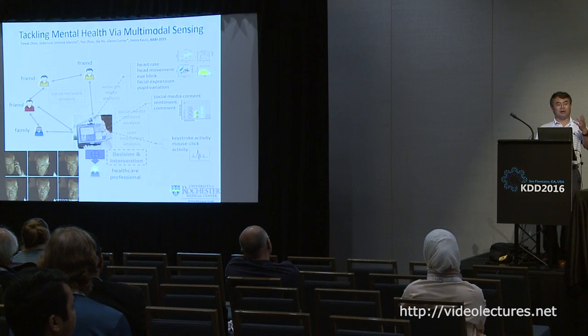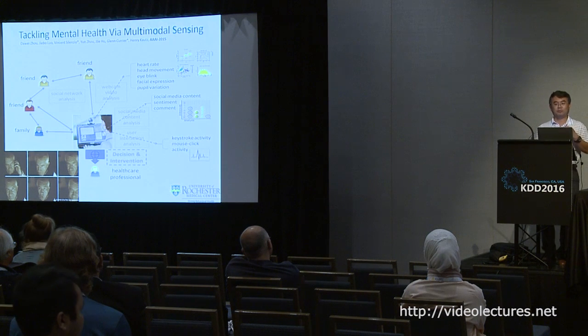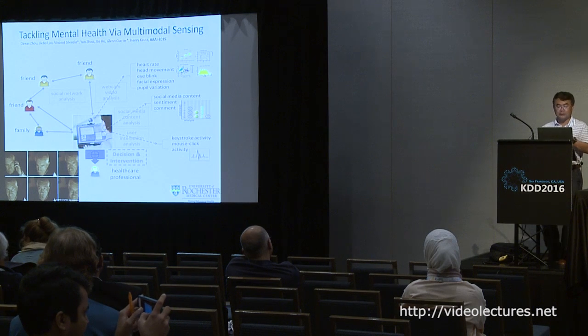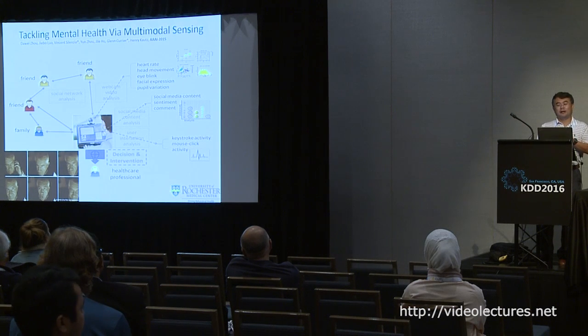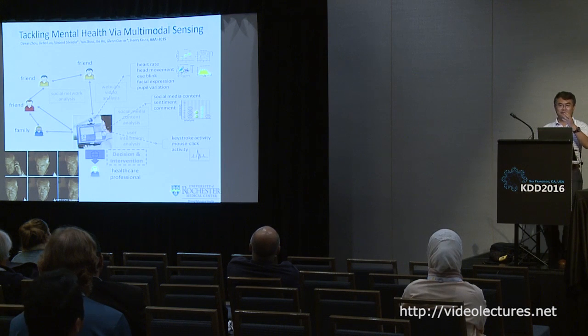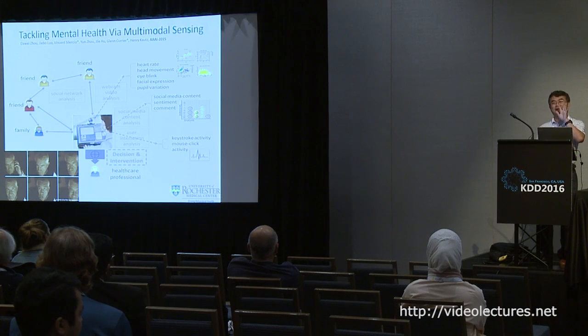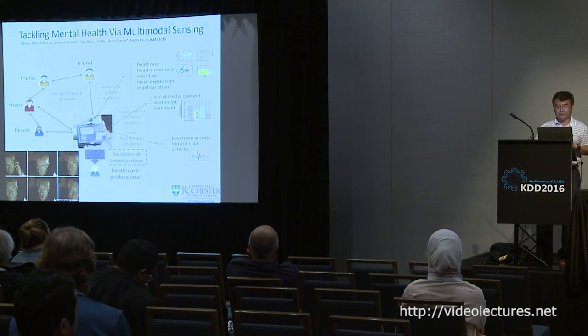It turns out when your heart pumps blood back and forth, the skin color actually changes ever so slightly, which is not visible to us, but it's measurable by a vision algorithm. We did this. The initial idea came out of MIT. They did it for babies. The good thing about babies is that their skin is very transparent, and also when they are sleeping, they don't move. When you are using your phone, you move, you don't stay still. So we have to use tracking to make sure we are staring at the same spot on your forehead. In fact, we stared at 100 spots at the same time, and then we averaged the result.